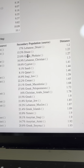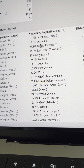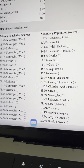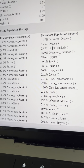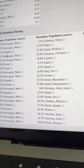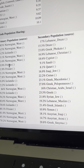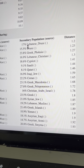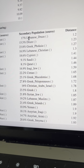And you see over here, this is the MDLP 23 World 23 test on GEDmatch. My great-grandma on my grandpa's side was born in Norway, which is interesting because you see the main European groups are Norwegian, Icelandic, or Frisian, and Frisians from Friesland in Germany and the Netherlands, right? But you see on the Asian side, the secondary population, or the Mediterranean plus West